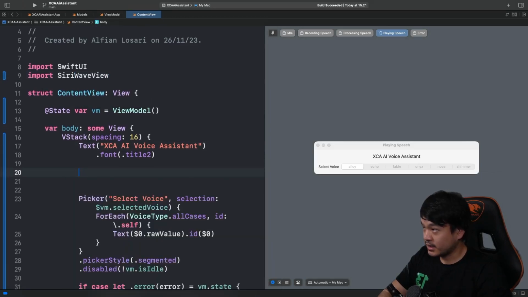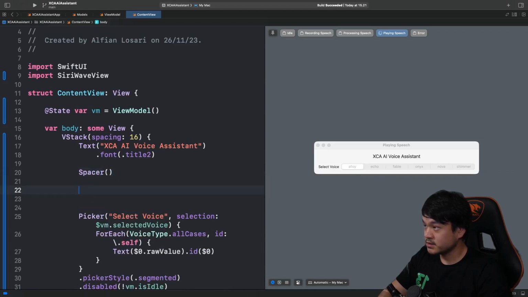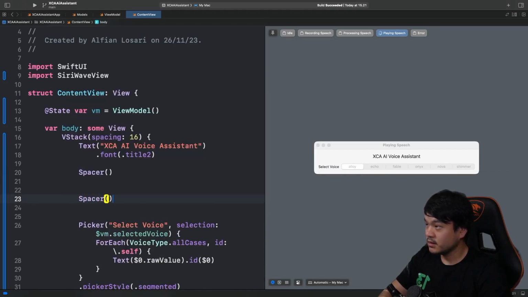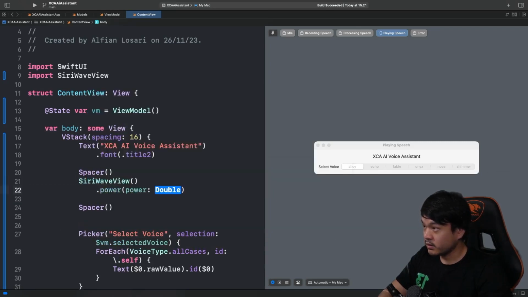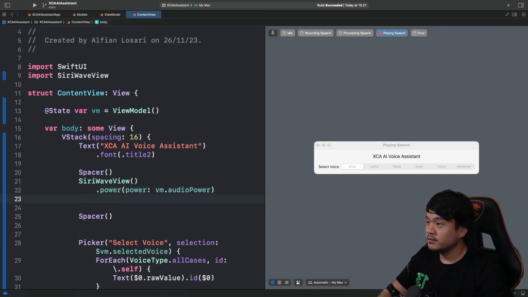Let's add a spacer in here, spacer, spacer. And then between these spacers, declare the SiriWaveView. Here we need to add this power modifier, and basically we can pass this audio power. It will determine the power of the wave that will be shown, and it will animate automatically as we set the new audio power.